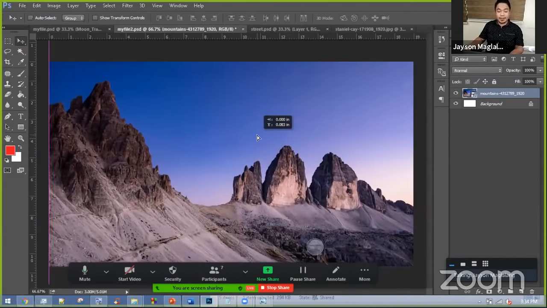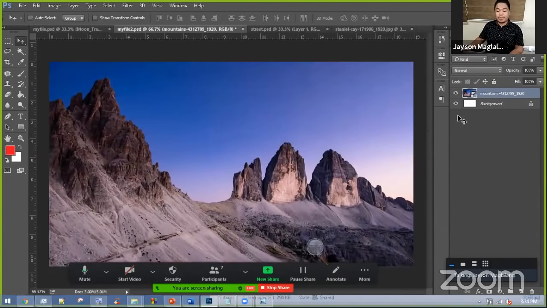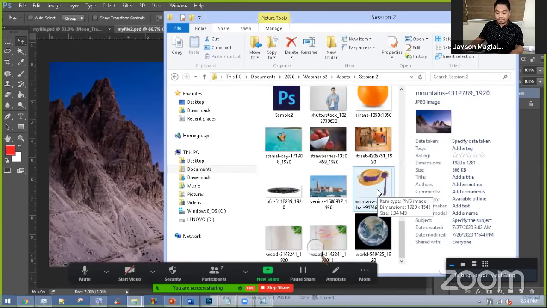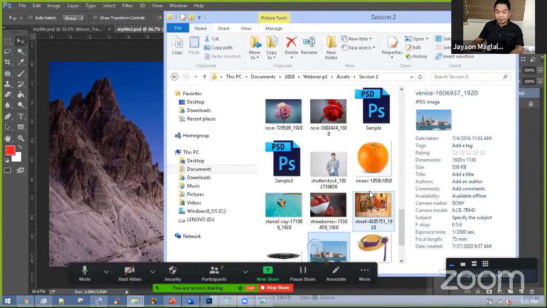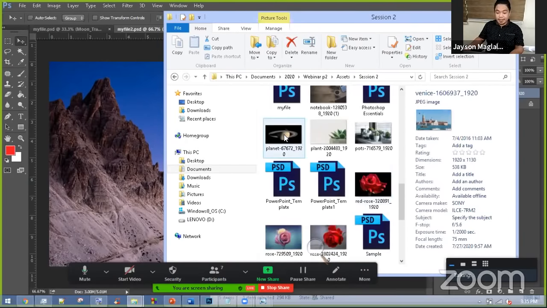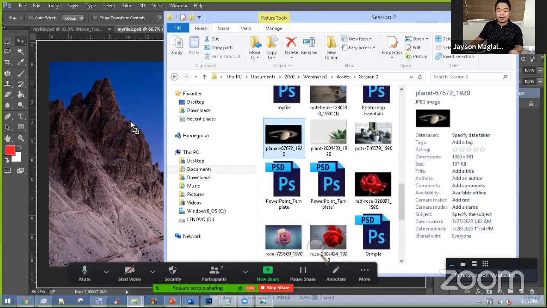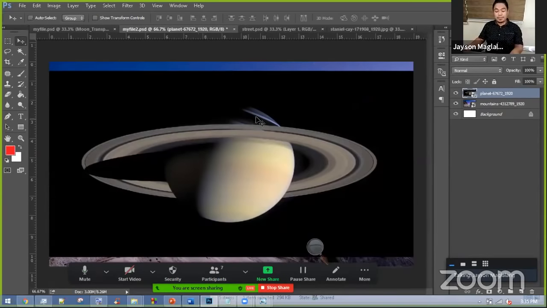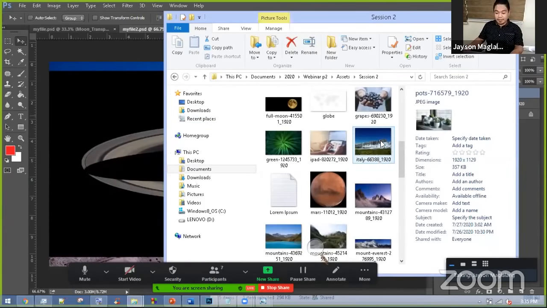So it works well on this example so far. Now I'm going to drag another image here. So magko-combine po tayo ng other image. Let's say na-drag ko tong planet na to image like that. Just hit enter, and then